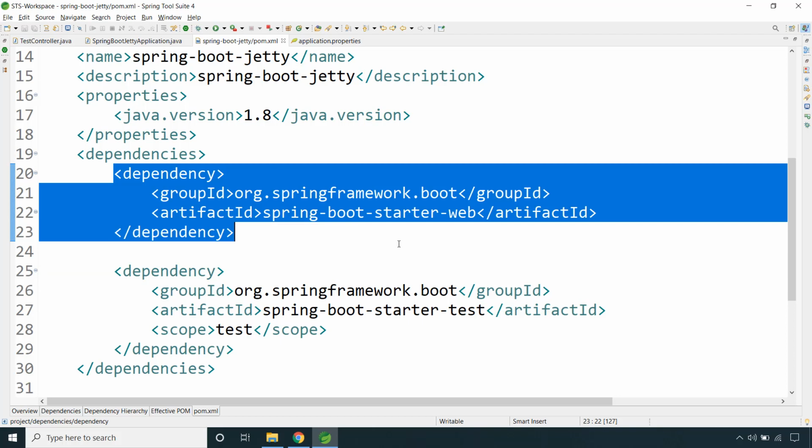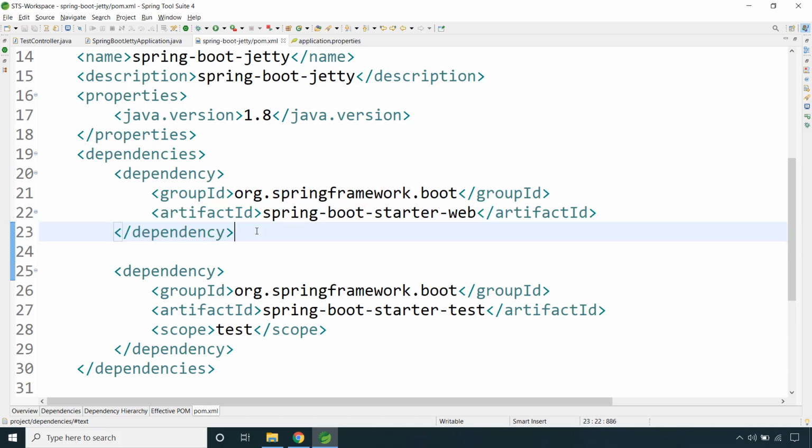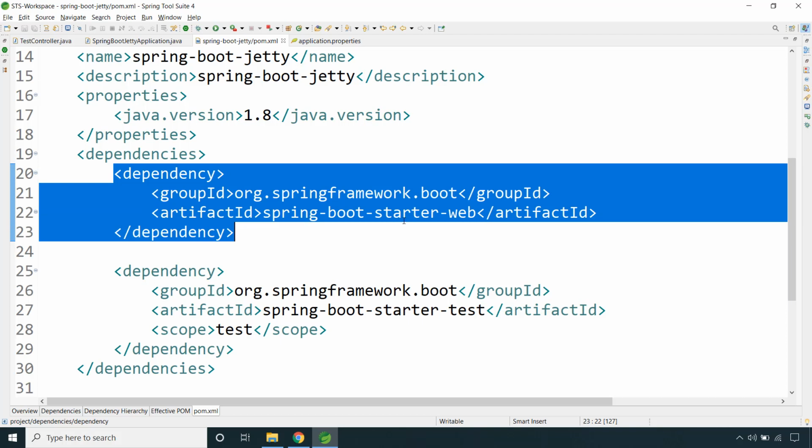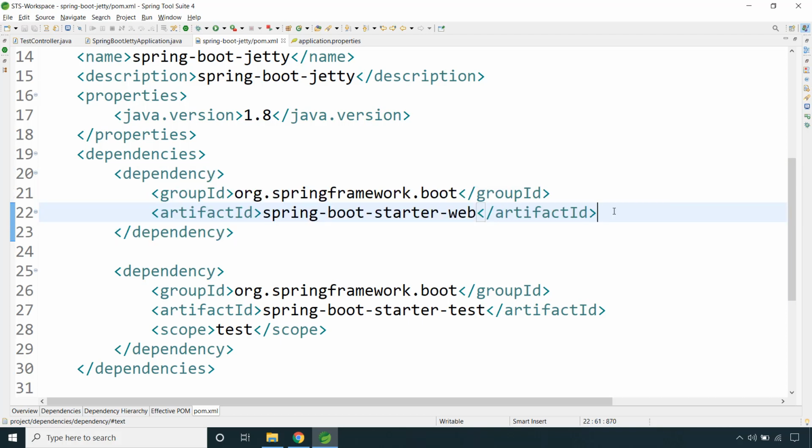So basically, either you change in your pom.xml if you are using Maven, and if you are using Gradle, then change in build.gradle. Whatever steps I change in the pom.xml, the same you need to follow for your build.gradle file if you are using Gradle. By default, we are getting embedded Tomcat server with this dependency, spring-boot-starter-web. So we need to exclude the embedded Tomcat server.